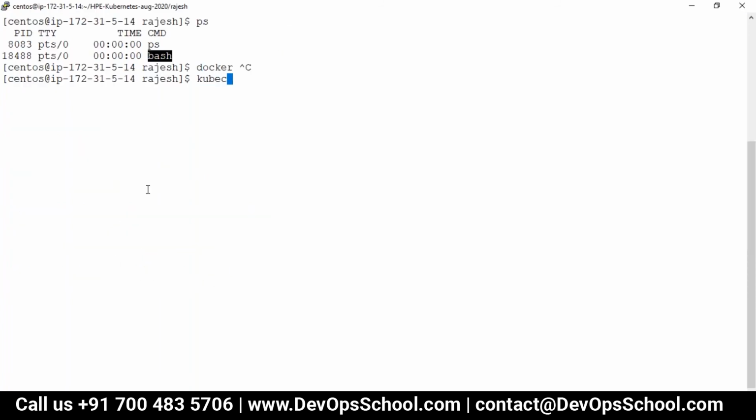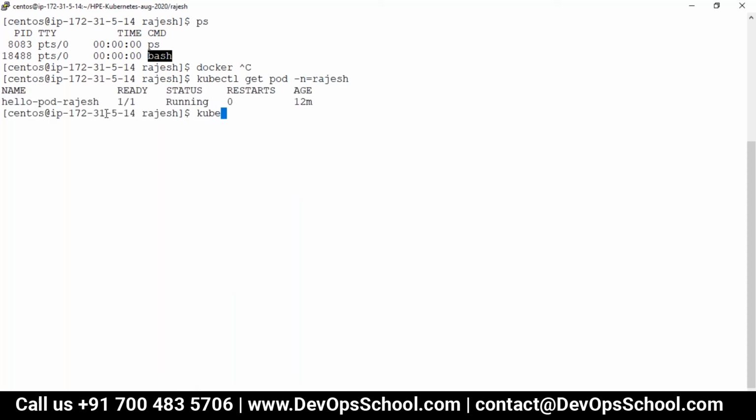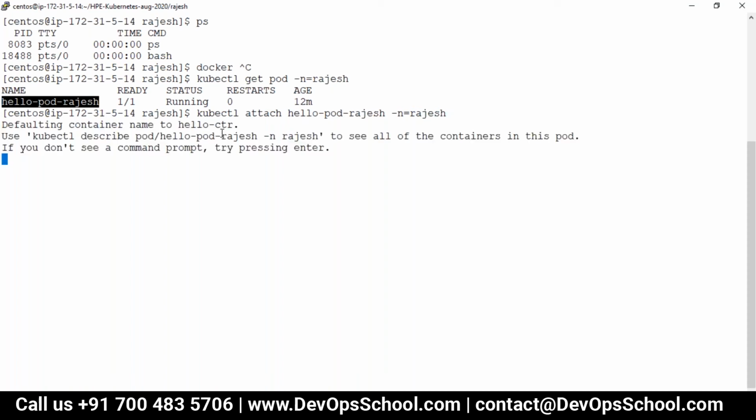So kubectl get pod -n Rajesh, and here kubectl attach, which one? This pod, in namespace Rajesh. So if I attach, I am a shell right now, I become what? I become nginx. You see here, I become nginx.